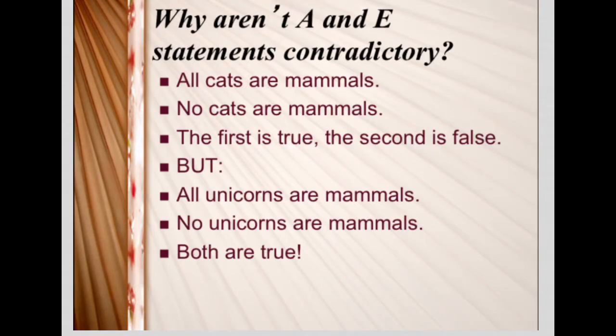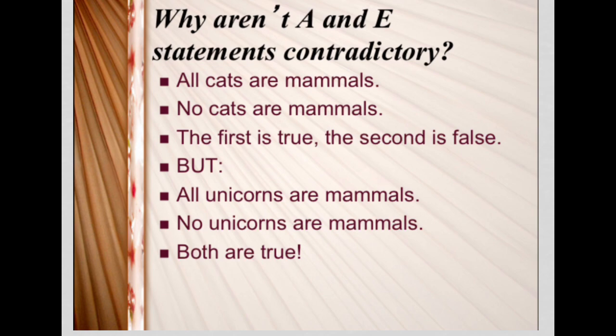Okay, so in this video, I just want to talk to you about the other parts of the square of opposition. Again, these are parts that won't be used in our class, but I want to at least give you some sense as to why a relationship between an A statement and an E statement isn't guaranteed, okay? So it might be helpful for you to be looking at the square of opposition itself while I talk you